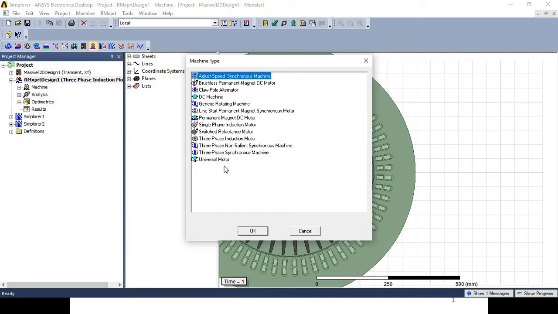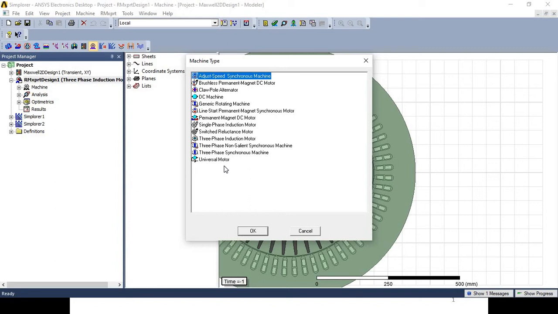These are the different machine types that can be analyzed or designed by using the ANSYS Maxwell RM Expert tool.